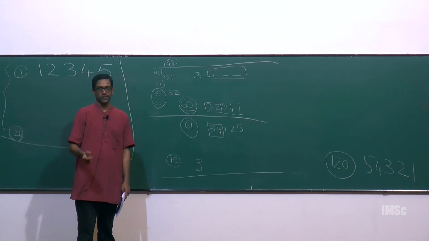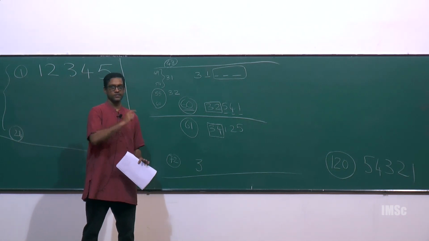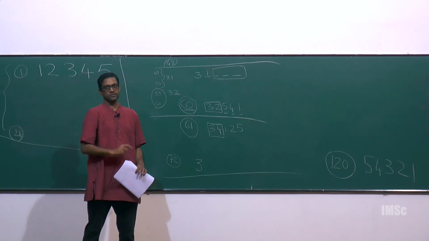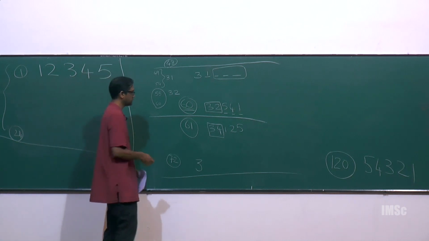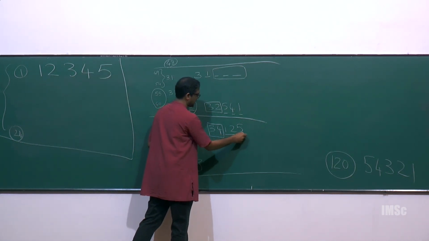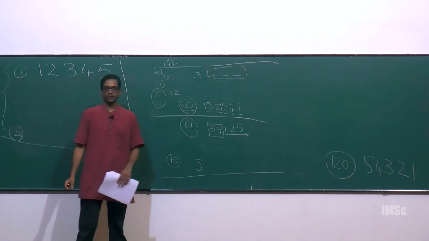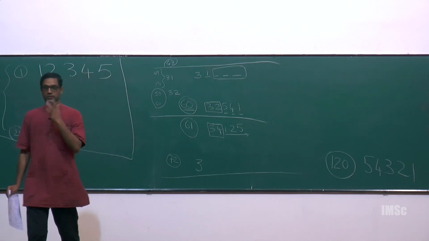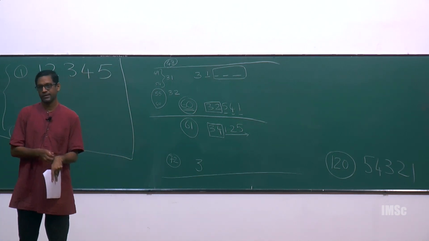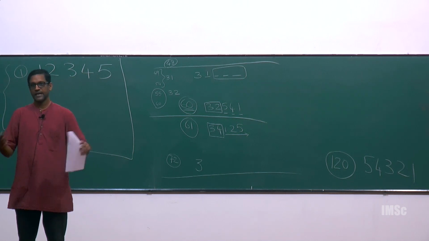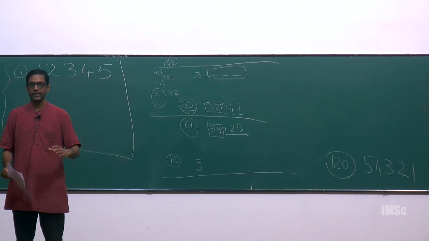The first 2 digits are 3 and 4. And then it's the first number in that set of 6. It's the first permutation in that set of 6. And that permutation is just obtained by writing 1, 2, and 5 in ascending order. Right? So in a sense, what we are really doing is taking this collection of 120